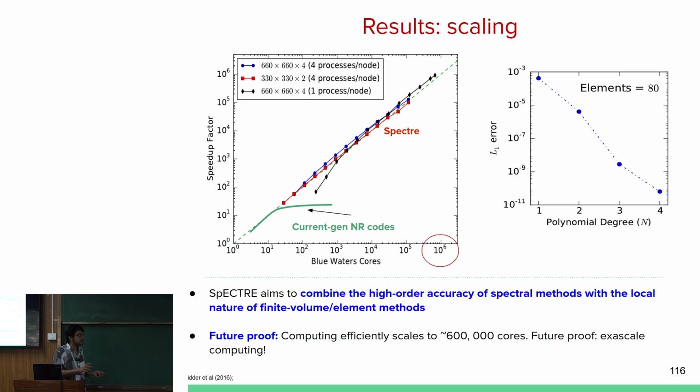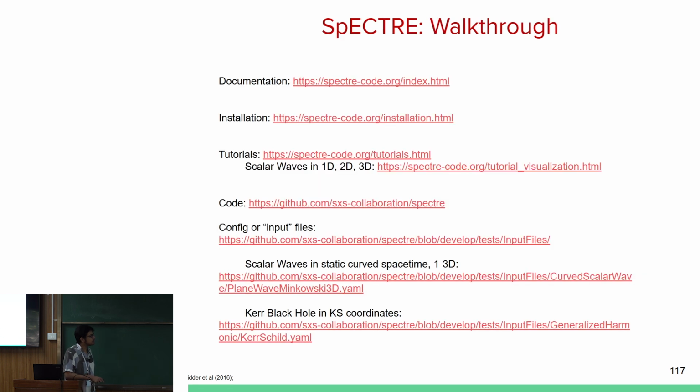We didn't have to tune it to get such good scaling out of it. No, it's just built into the numerical methods that are underlying. So Spectre you can use for numerical relativity, but you can also use for evolving fluid mechanics problems with friction, without friction. You can play around with scalar waves in curved spacetime, and so on and so forth. With Spectre, I mean, it has a lot of things that have been implemented in it,